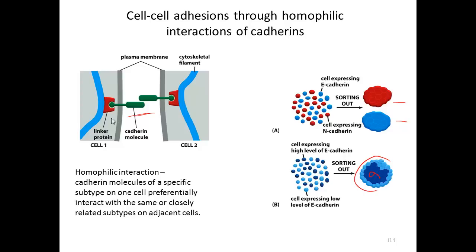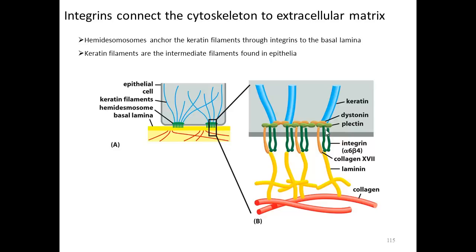The cadherins are always connected to cytoskeletal elements on the inside of the cell, providing a connection between the cell-cell contacts and the intracellular cell structure. The integrin proteins here again are transmembrane proteins. They're connecting to extracellular matrix proteins, laminin and collagen, forming the basement membrane underneath the epithelial cell layer. They're connecting to intermediate filaments on the inside of cells, again, providing structural continuity between the intracellular structures and the